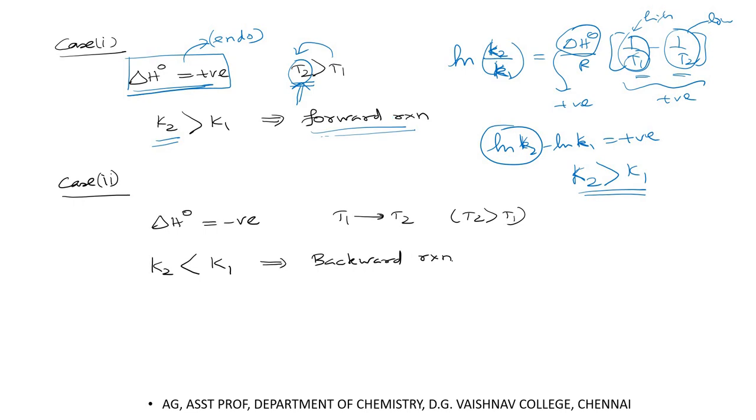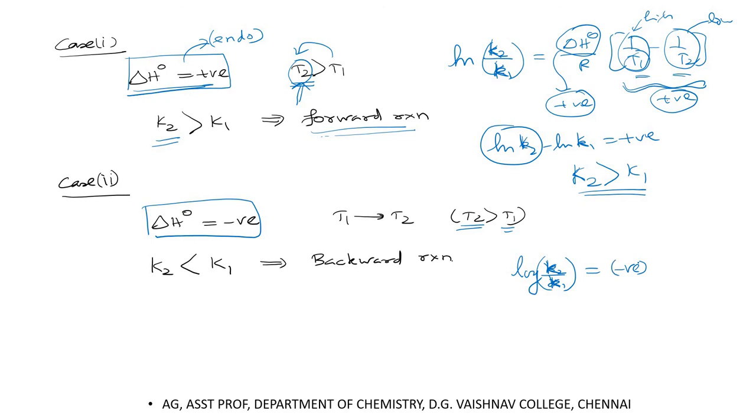Then suppose delta H is negative, what will happen? I am increasing the temperature, so again T2 is greater than T1. So this quantity is positive, as I said before, but since delta H naught is negative, positive into negative becomes a negative quantity now. So ln K2 by K1, the equilibrium constant, capital K, equals delta H naught, which is negative now, so this quantity is negative, and 1 by T1 minus 1 by T2 is a positive value. If you multiply these two, you will get negative.